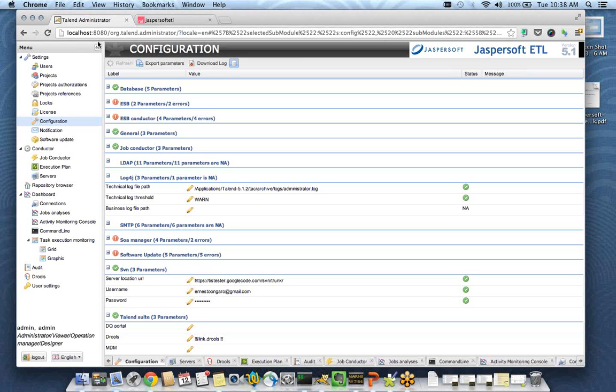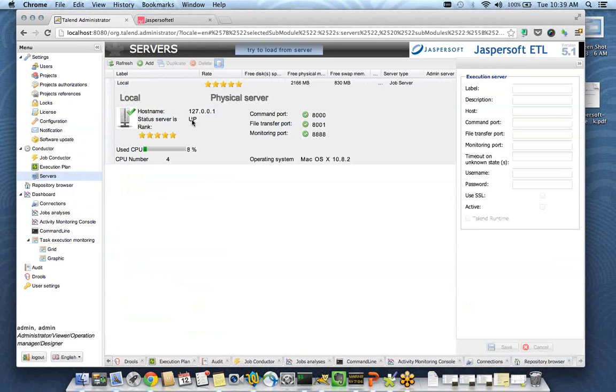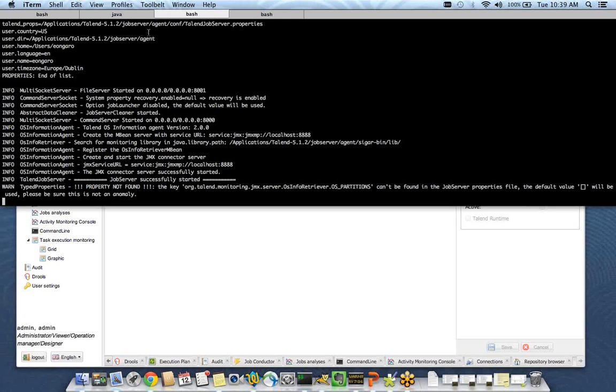All right, so we'll push forward with the demonstration. So this is all configured. The next thing that I actually did as well is to configure a job server. So you do that just by adding a host name. So I see that my host server is up. If I turn it off,